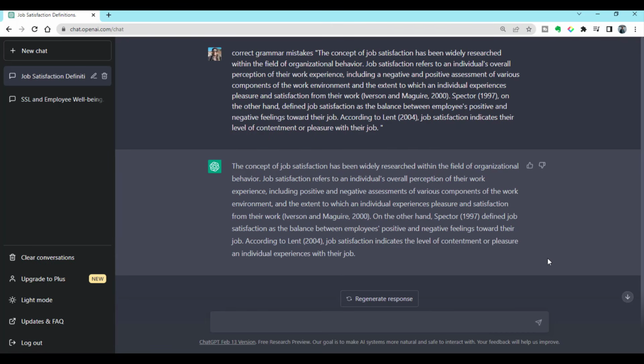By using this technique, you can easily correct the grammar mistakes in your write-up.